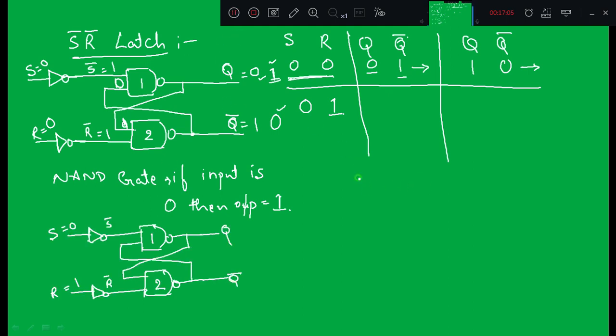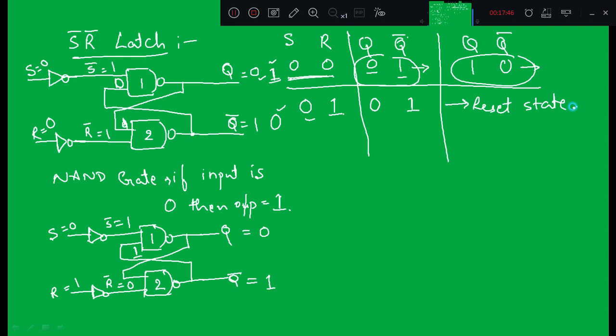We will verify the operation of this circuit. So now I'll assume the previous state as 0 1. Now I'll make R equal to 1, the second row. R is equal to 1 and S is equal to 0. Since S is equal to 0, S bar will be equal to 1, and R bar will be equal to 0. Since one of the inputs of the NAND gate is 0, the output will become 1, right? And this 1 is applied to the second input of the first NAND gate. So 1 NAND 1 is 0. So the output is 0 1, which is also called a reset state. You can also verify it by taking the previous state as 1 0. So this is a reset state.